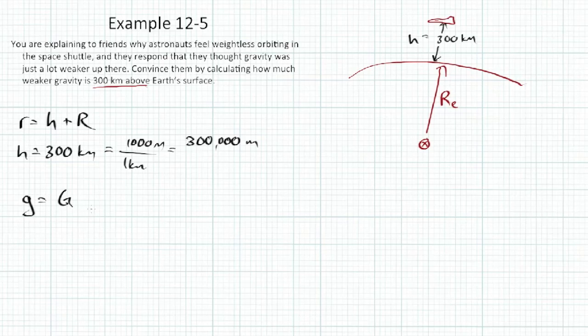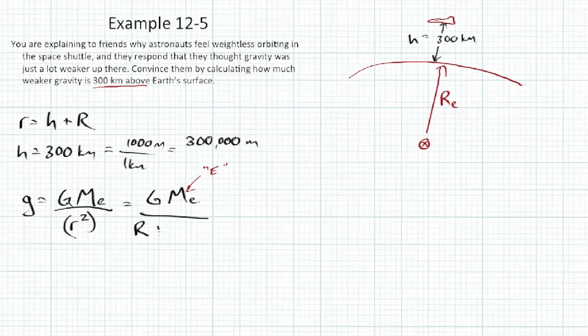That's going to be capital G, the gravitational constant, times the mass of the Earth, divided by lowercase r squared, which is G times the mass of the Earth, which I had us key into our calculator as simply E. I think if you put in m, that's the mass of the moon, but anyway, that's the mass of the Earth divided by, in this case, we'd have to add